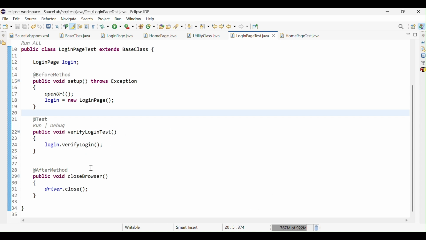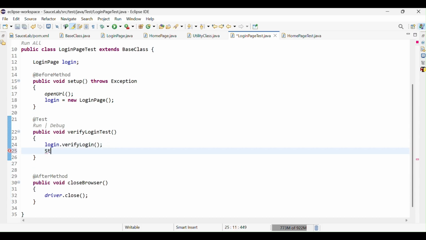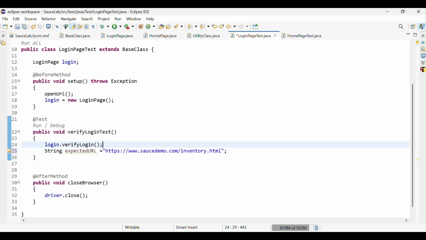Okay, come here, and we'll use something like String expectedURL equal to, in double inverted commas we'll paste the URL, and here it will be String actualURL